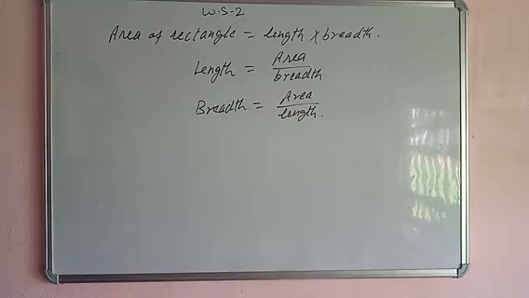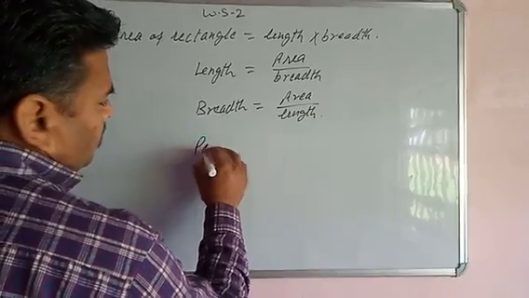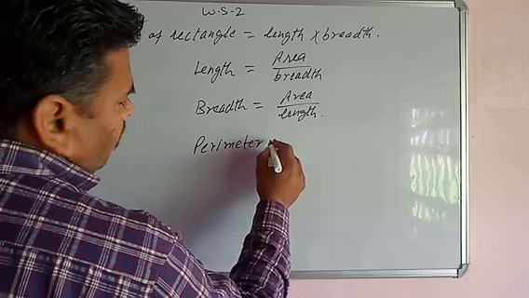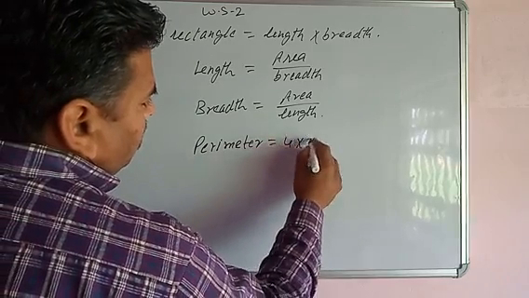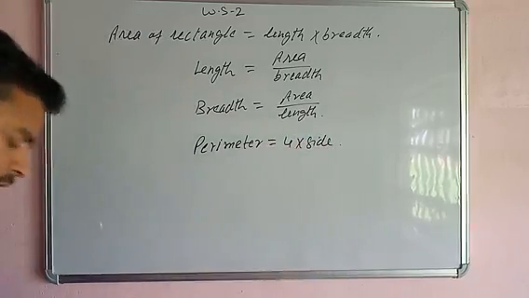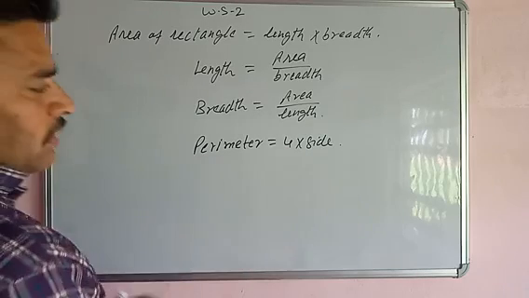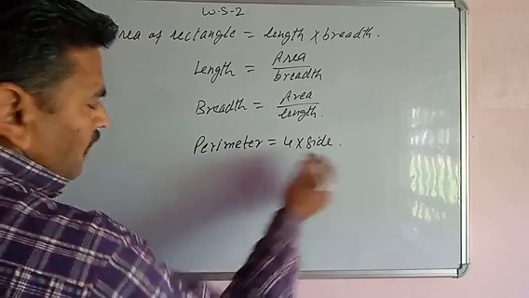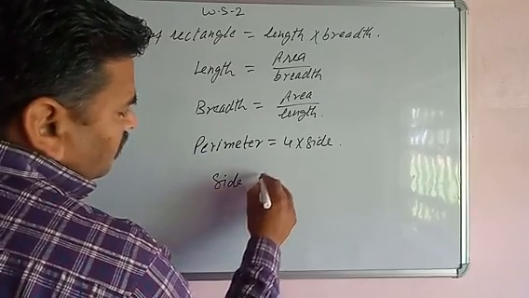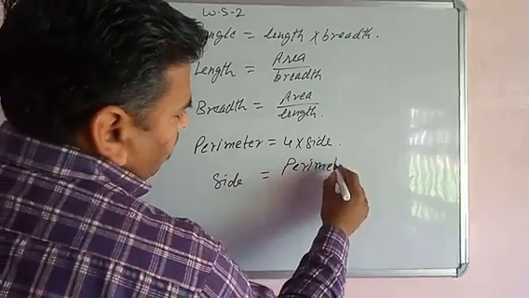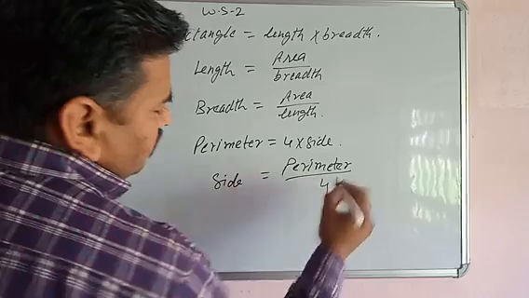So in some question the perimeter of a square is given. So we know the formula for the perimeter of a square, that is 4 multiply side. And in some question perimeter is given and the question is find the side. So how do we find the side? To find the side of a square, we use the formula perimeter over 4. Perimeter over 4.